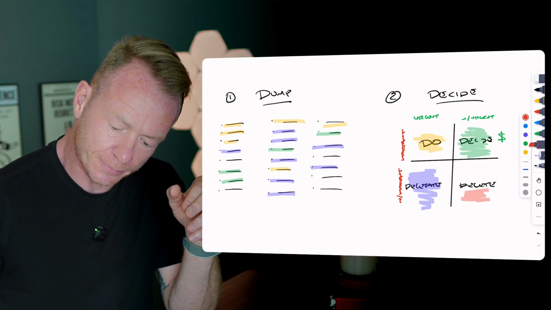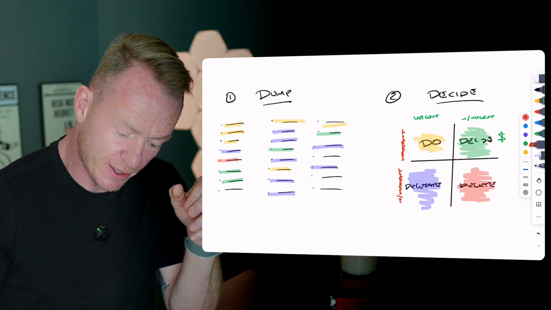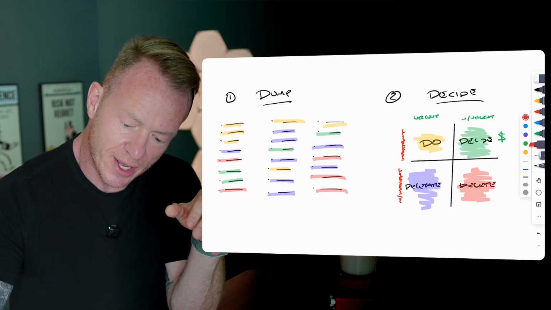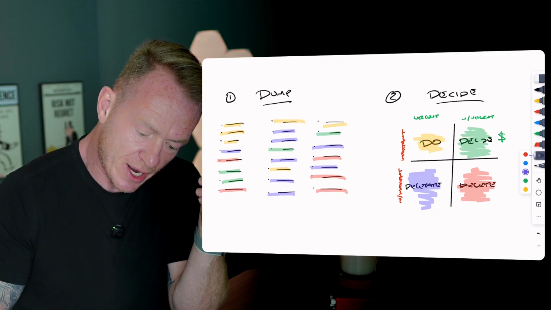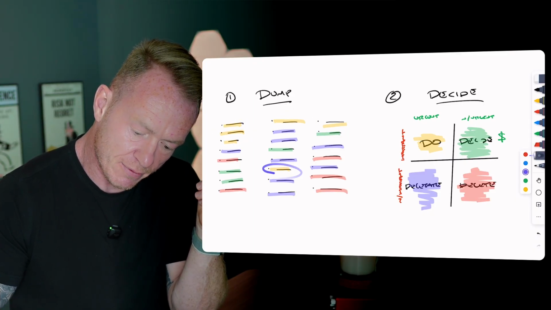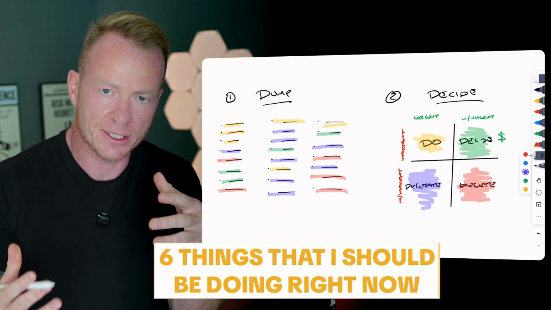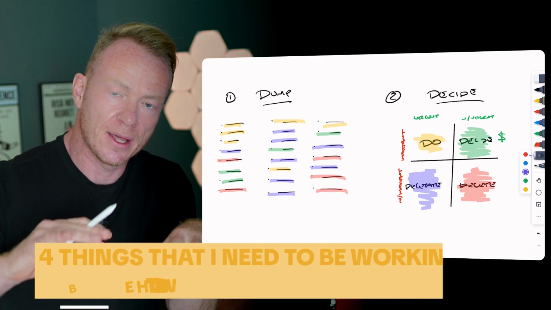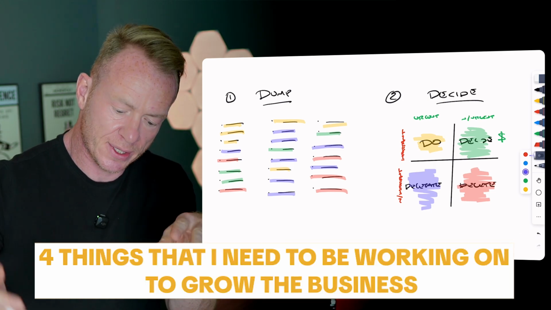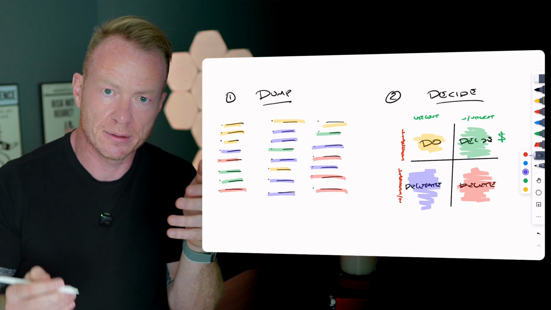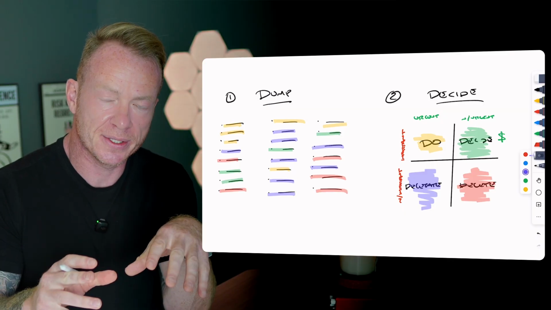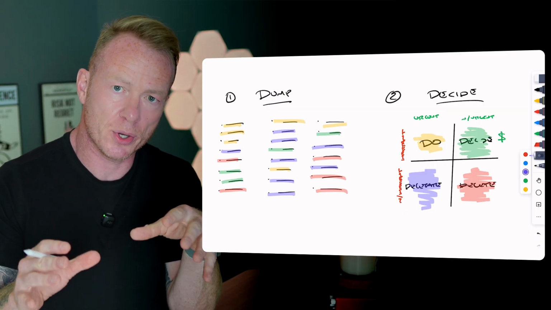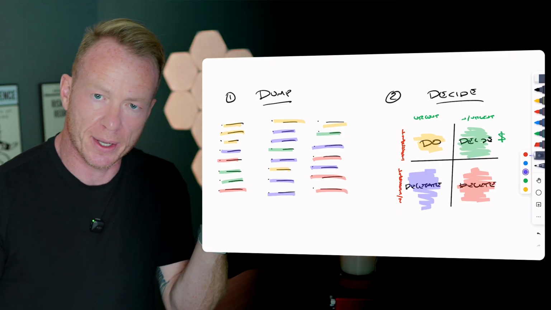Because once you can really figure this out, you'll start to see that from the tasks that you were looking at, and you're like, oh my gosh, I have like 40 things I have to do all the time, and I'm always doing this stuff in my business. Really now, if we look at it, you might figure out, actually, I've got 3, 4, 5, 6 things that I should be doing right now. I've got 2, 3, 4 things that I need to be working on to grow the business, and the rest of it can either be delegated or deleted. This is the first piece to get you into clarity about what's going on. And it's the second step in the process to get towards how we build out systems.